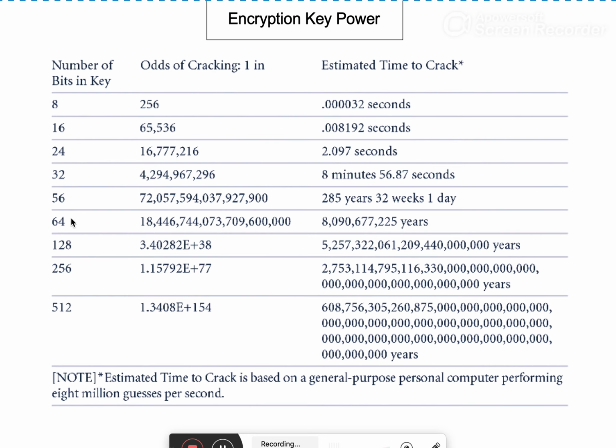And if we increase the length of the key, it takes more time to crack the key using a brute force attack. Like here, if we have a 128-bit key, like we have in AES, it takes these many years to crack the key. And if we have a 512-bit key, it will take these many years. Now for block ciphers or symmetric encryption algorithms, the key length is around 256-bit. But when we are talking about public key encryption algorithms, the minimum key length is 1024-bit or greater.